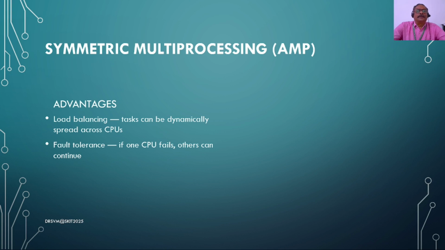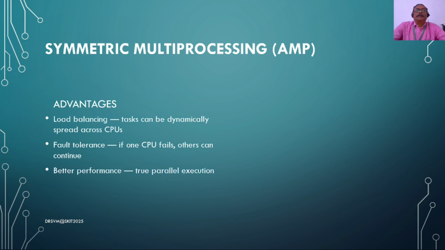Fault tolerance, even if one CPU fails, other CPUs can continue working because all the CPUs are working on the same operating system, the same memory, the same process, the same data, and using the same IOs in parallel. Therefore, even if one CPU fails, other CPUs can continue executing that task. So there is very good fault tolerance possible with symmetric multiprocessing,